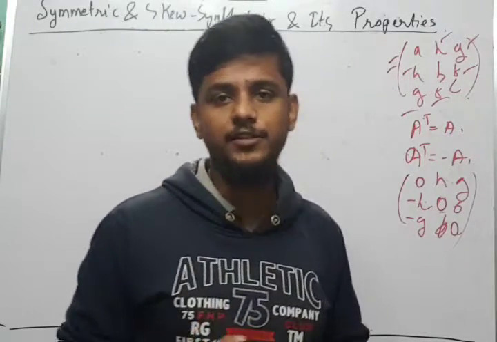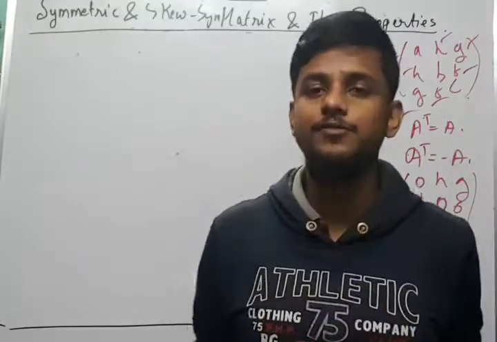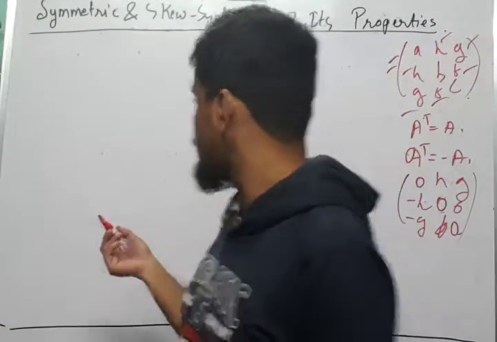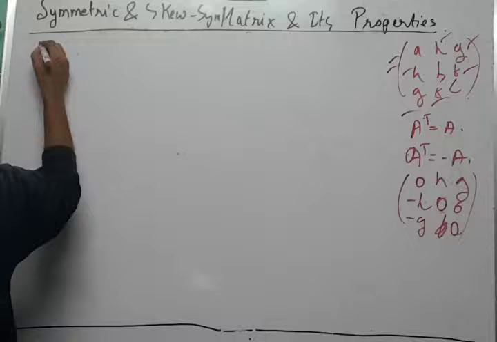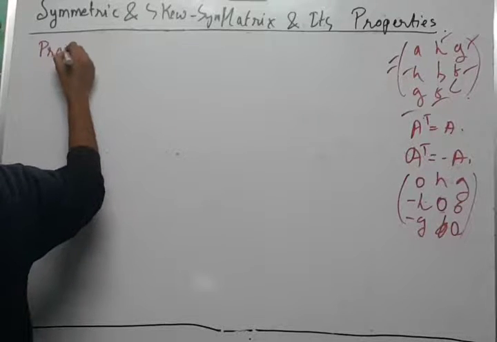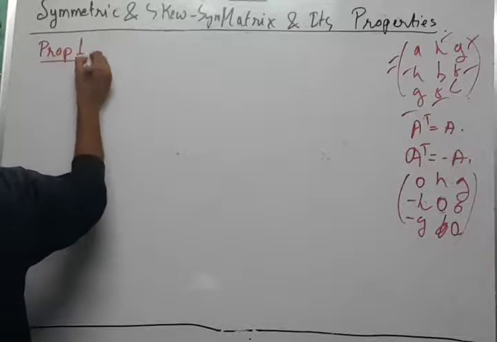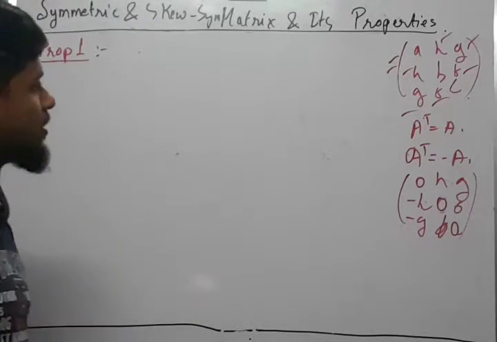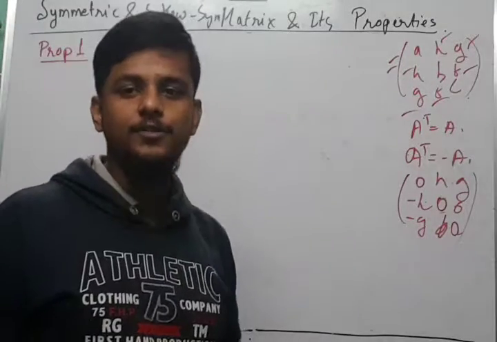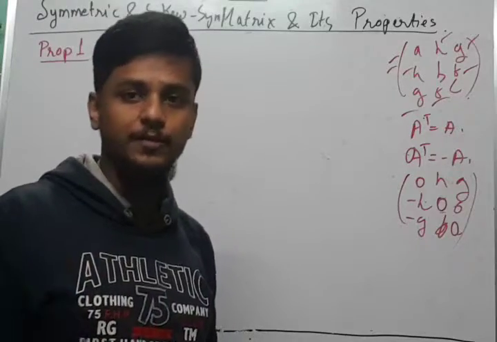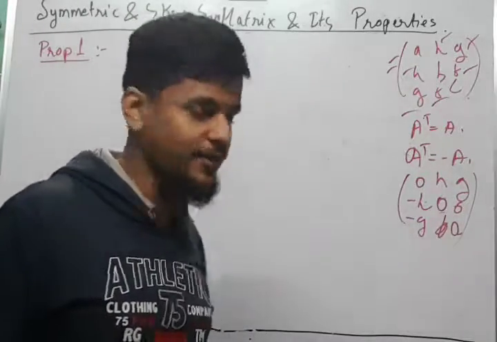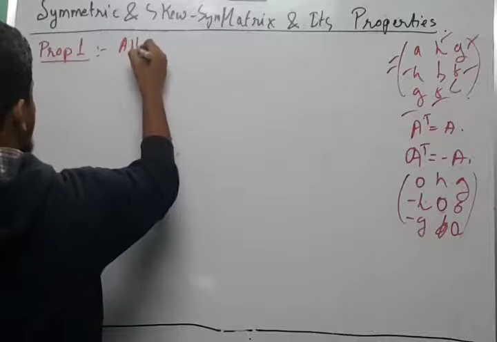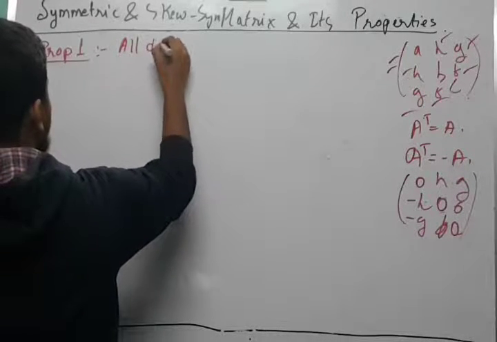So now let us try to understand the various properties which are associated with these matrices. Let us go into the first property, property 1. Property 1 basically states that all the diagonal elements of a skew symmetric matrix are 0, as I have already indicated over here. So property 1 is very easy to understand, that all diagonal